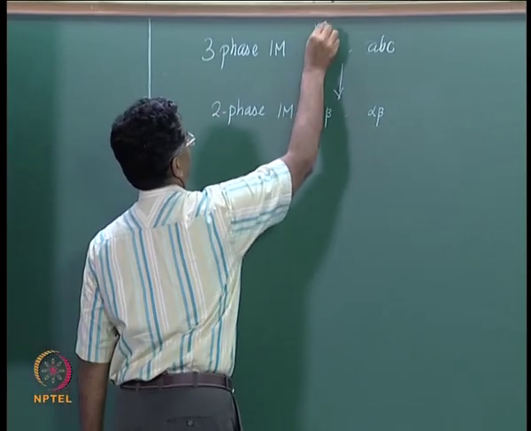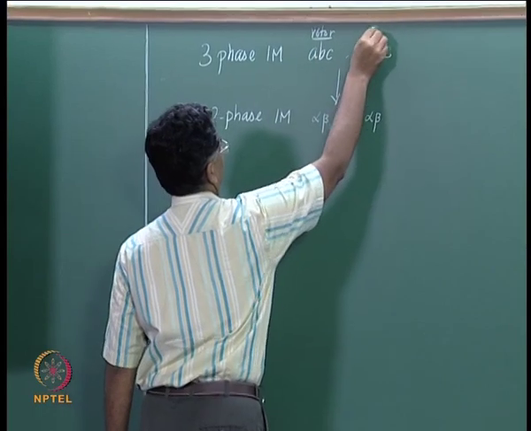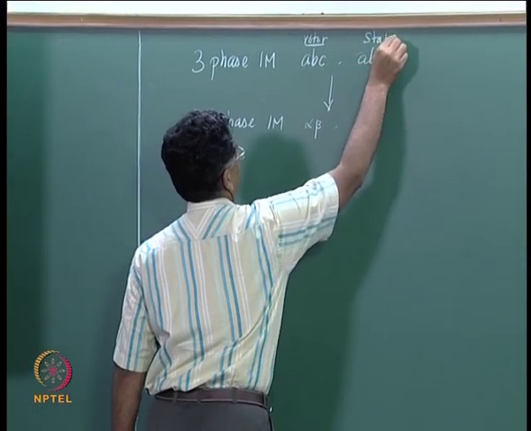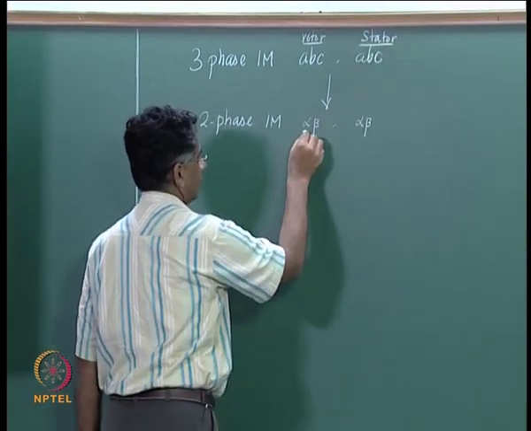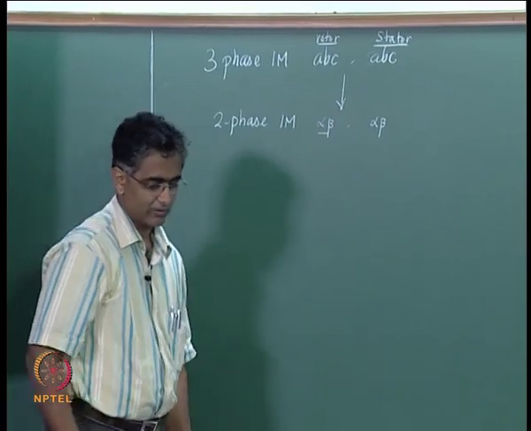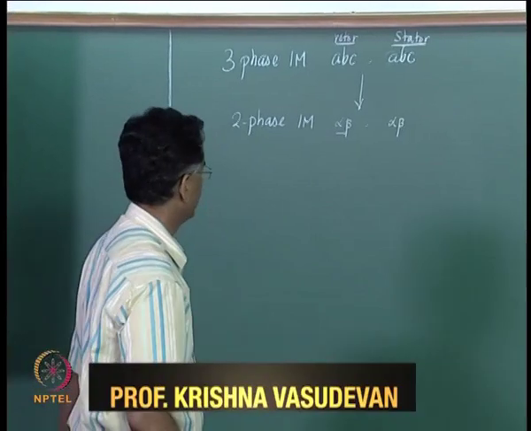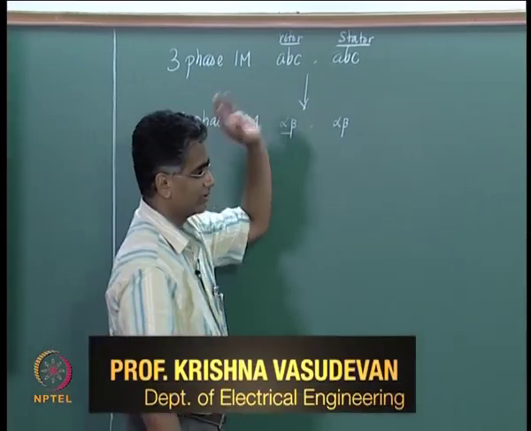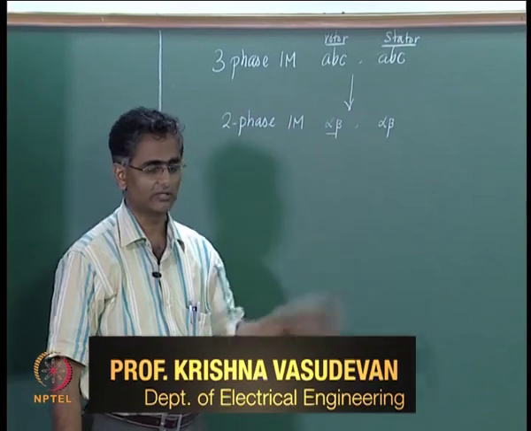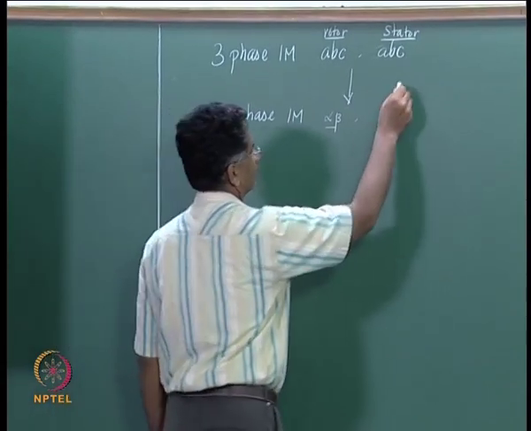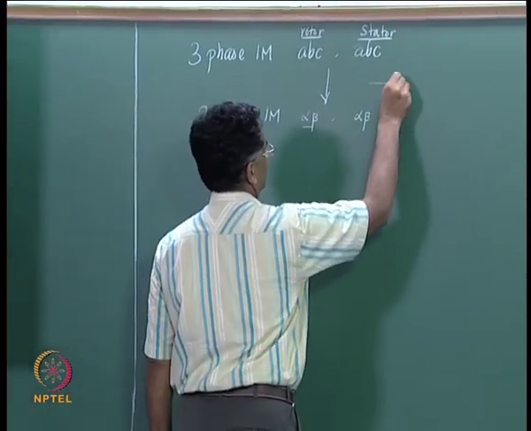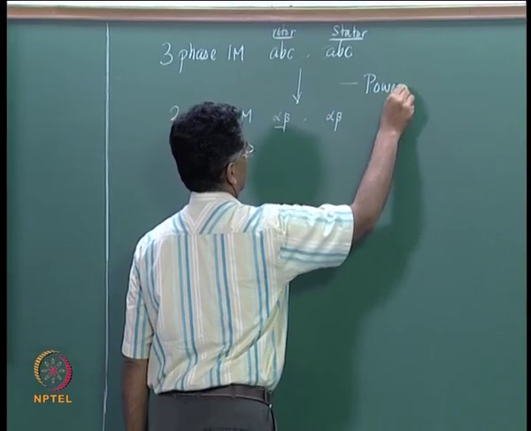We will mark this as the rotor and this as the stator. Alpha beta reference frame is the reference frame attached to the rotor axis and therefore it is rotating. Alpha beta of the stator is fixed to the stator and therefore it is stationary, and to do this we have used the power invariant transformation,